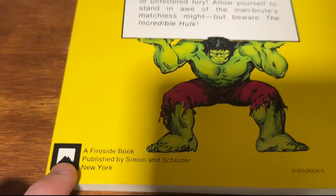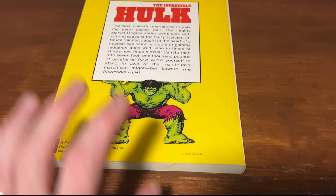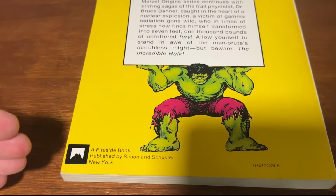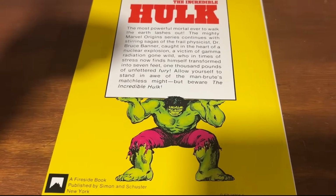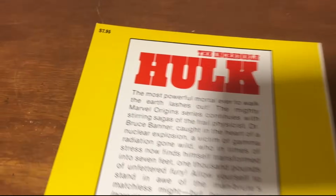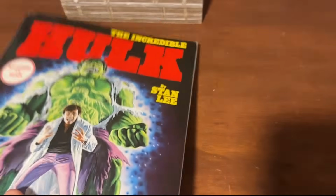Fireside book. If you find Marvel comic compilation books like this from the 70s that say Fireside book on it, definitely look into picking it up. You want to put that actually in your title, because people will search for that. This book, even though it was $7.95 back in the day, just sold for